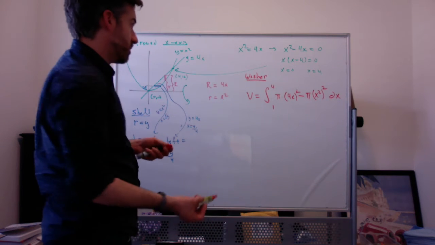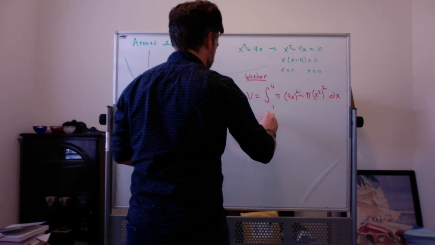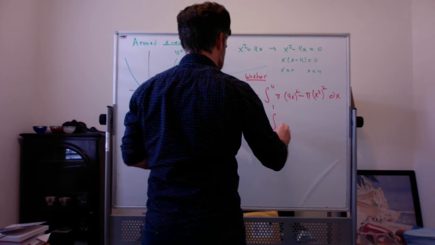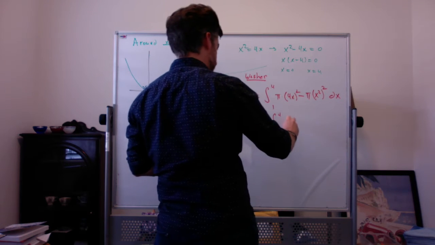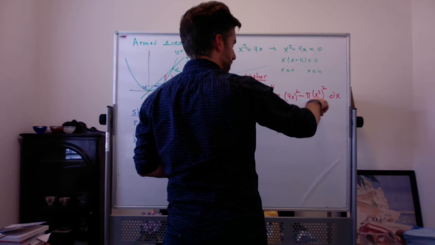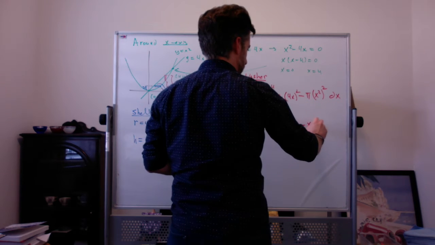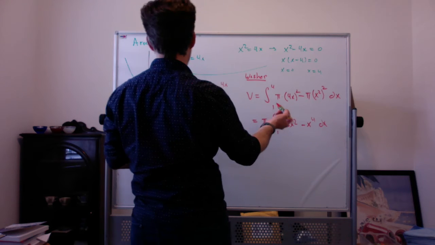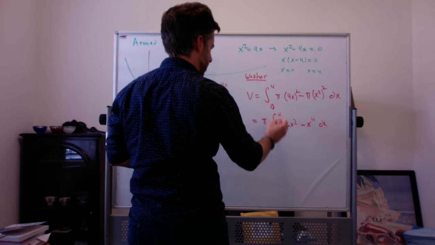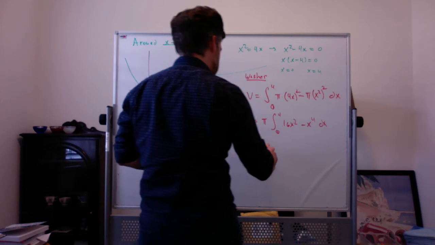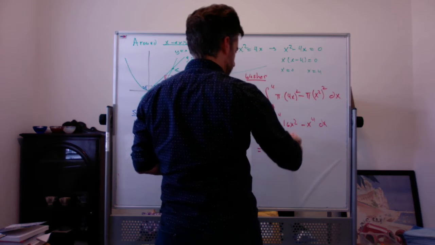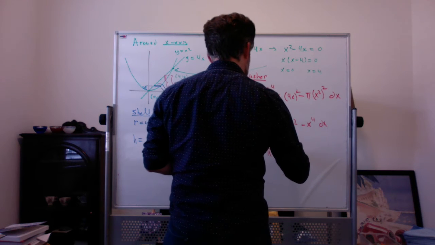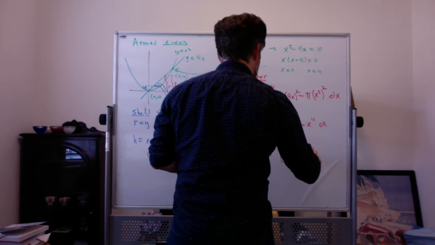And that's it. And then you could factor out the pi and have the integral from 1 to 4 of (4x) quantity squared, which is 16x squared, minus x squared squared, which is x to the 4th. And the lower limit should be 0, not 1. I don't know where I got 1 there. Sorry. So we're going to get pi times, integrating this, 16x cubed over 3 minus x to the